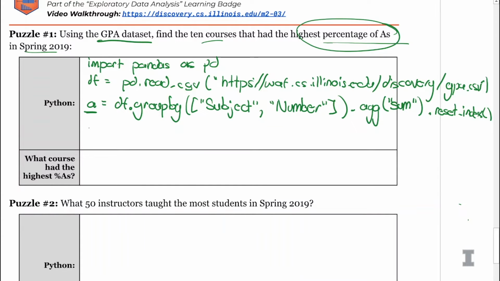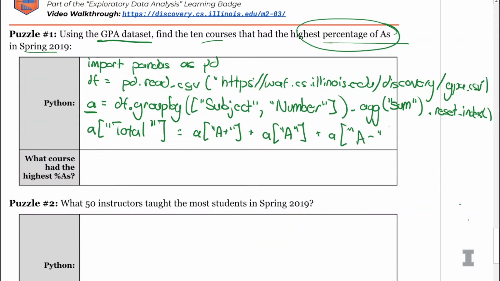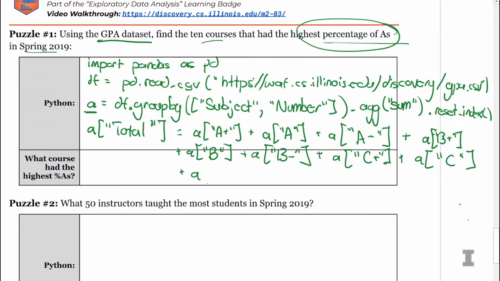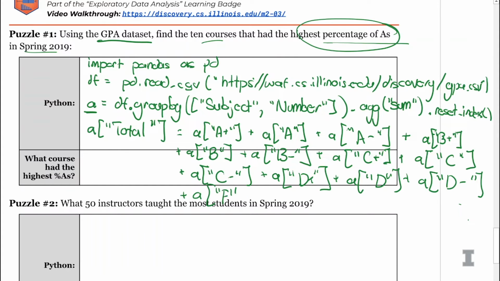So I want to create a new column in A called A total. That's going to be quite a long formula: the value of A plus the value of A plus, the value of A minus plus the value of B plus, B, B minus, plus C plus, C, C minus, plus D plus, D, D minus, and finally plus the value of F.